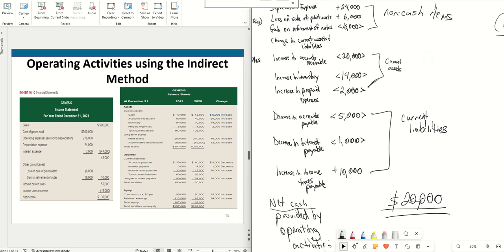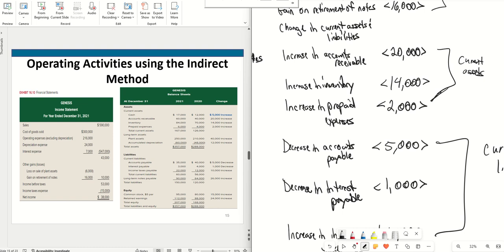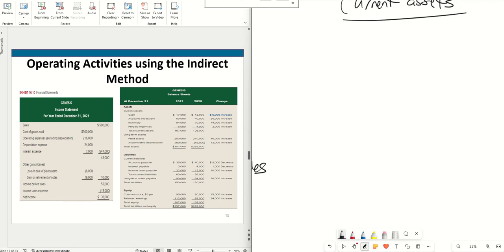So current assets. You notice here in current assets, we have three of them: accounts receivable, inventory, and prepaid expenses. You notice that they're all an increase. Increase in AR, accounts receivable, increase in inventory, increase in prepaid expenses. But you notice that each one is subtracting from net income. Which means that to adjust net income to cash,